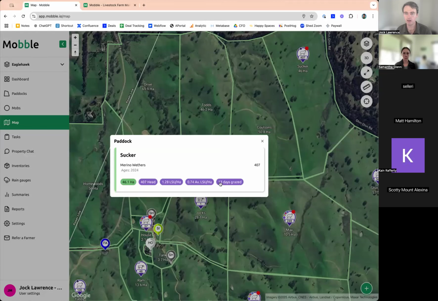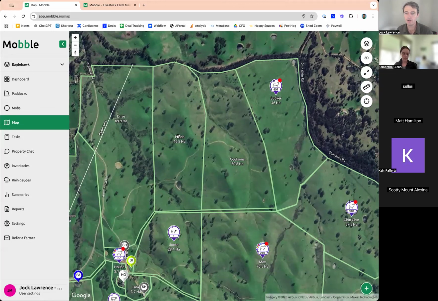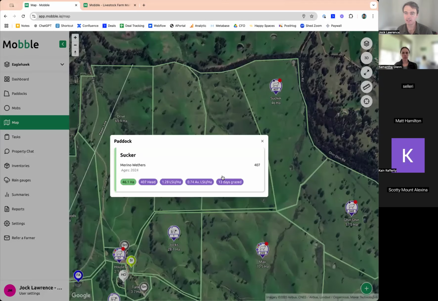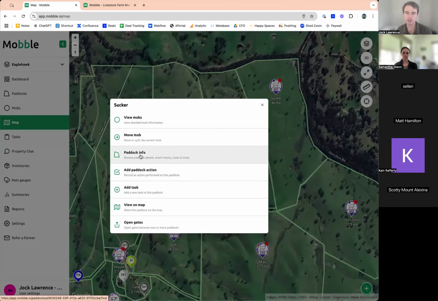I've got this set to LSU. LSU is a stock unit used mainly in New South Wales and Queensland. But you can also change that to DSE if you're in southern states of Australia, or SU for New Zealand. So we have all those different units, and then you can change that via your settings. On your grazing reporting, you can go into further depth. So if I click on a paddock and I want more information on these key figures here, I can go to paddock info